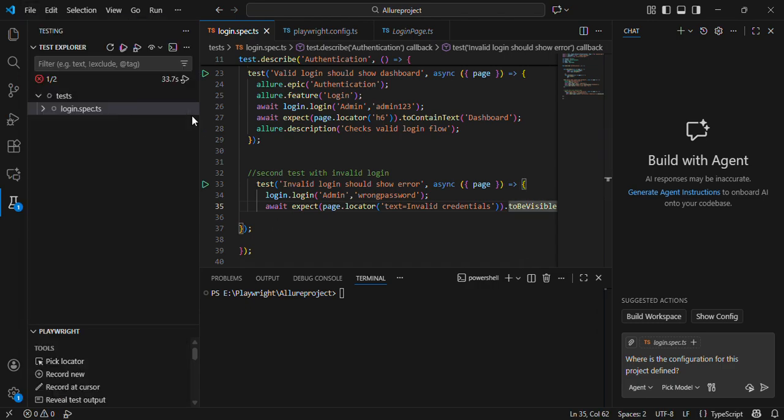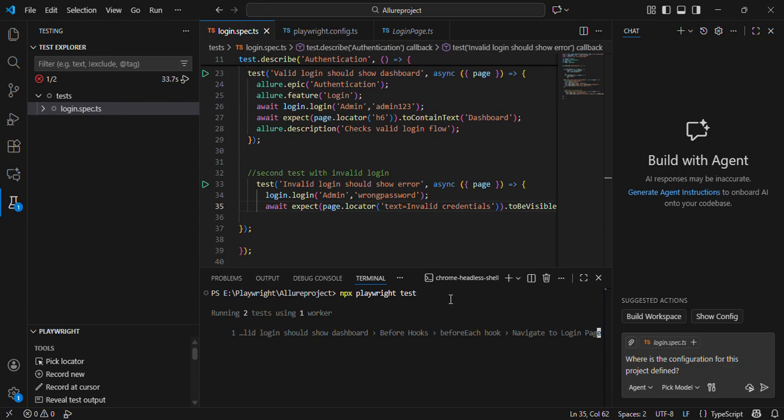So how do I run this? It's a very simple architecture. If I want to run this test, npx playwright test, I'm not even specifying the name of the TS file because there is only one test right now. So I'm simply running this as it is. To generate the HTML report, this is sufficient. There are two tests. One is the first one, the second is the